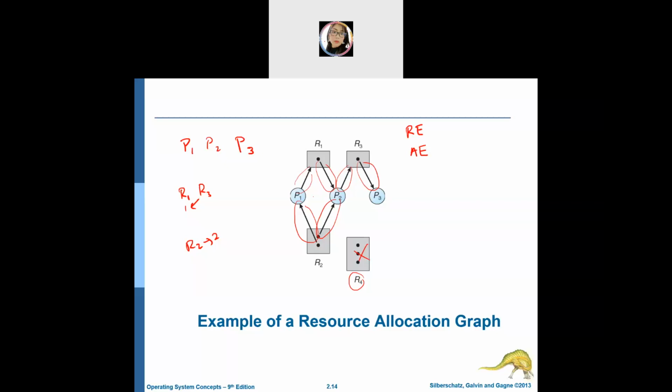So here P1 requests R1. So you can see here how the arrow looks like. It's going to be RE. P1 requests for R1. Well, for this part, it is AE, assignment edge. This one is RE, this one is AE, this one is AE. Okay, there is a difference. You can see from this. P1